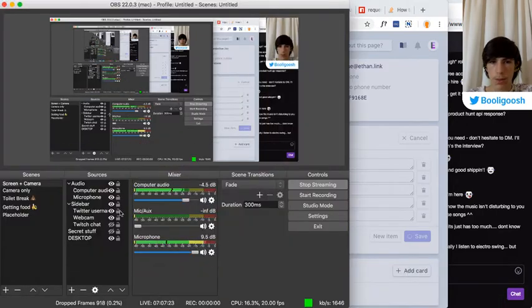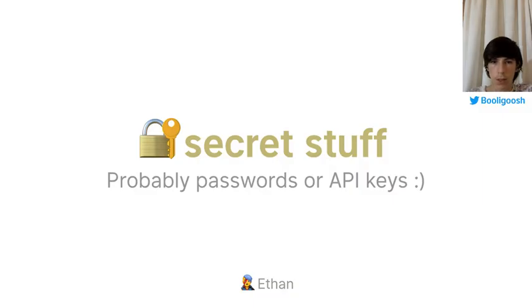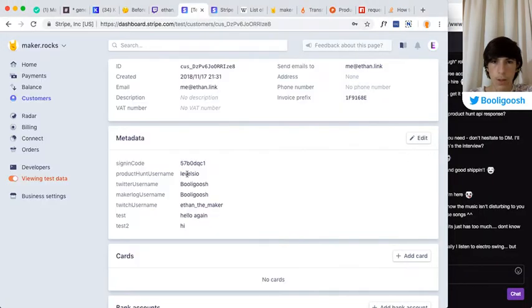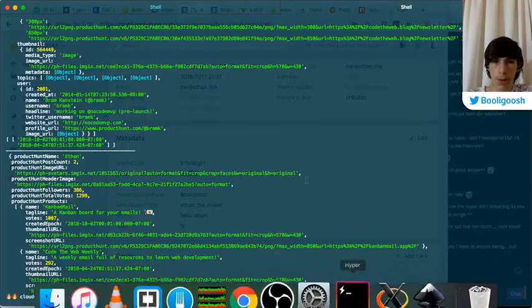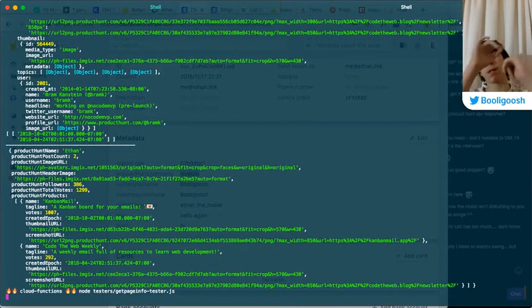Let me just block this for a sec while I enter my password. Okay, awesome. So here we go, Levels.io. So now it should get Peter Levels' thing.